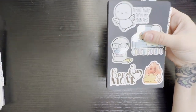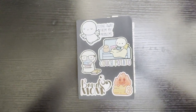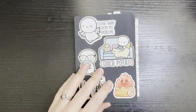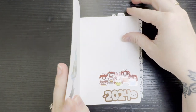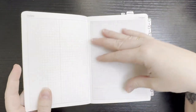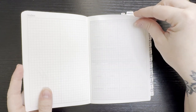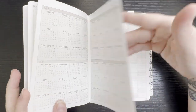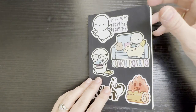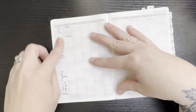So let's start with this one. Let me zoom in just a little bit. Okay. So this is the Wonderland 222 A6 size. I was kind of using this as my everyday carry, but I'm not one that likes to duplicate information. So I was duplicating a lot of stuff. I was using this as also